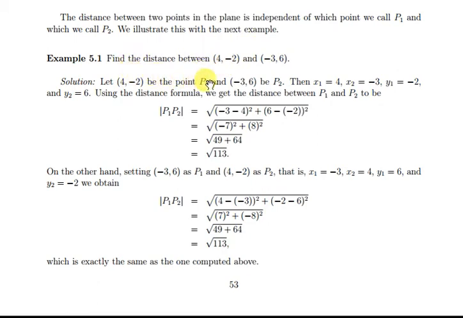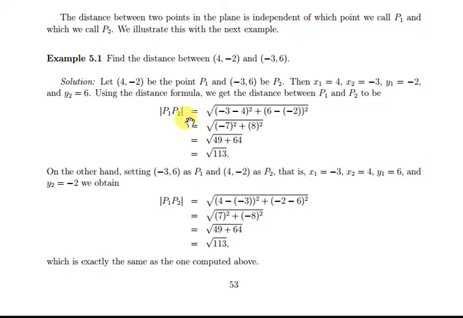Find the distance between the points (4, -2) and (3, -3, 6). If you find these points in the Cartesian plane, one is in the fourth quadrant and the other is in the second quadrant. If we have the plane here, quadrant 1, quadrant 2, quadrant 3, quadrant 4, from a point somewhere here in the fourth quadrant to the second quadrant, we will find the distance of those two points.